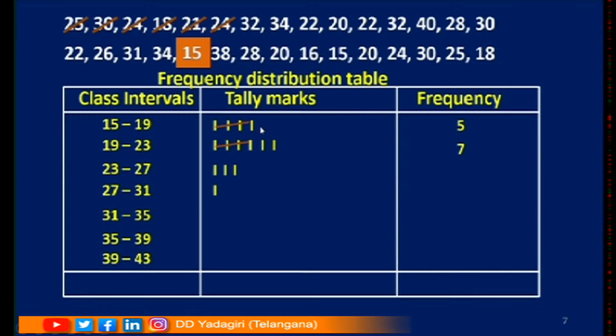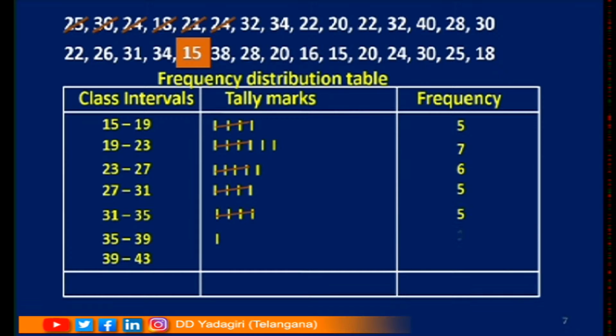Take 4 vertical lines and draw one line across, or we can say diagonally, so that I can say that it is equal to 5. Cross the 4 lines, so that we will get 5. Here also 5 plus 2 which is equal to 7. Next 5 plus 1, 6. Next 5,